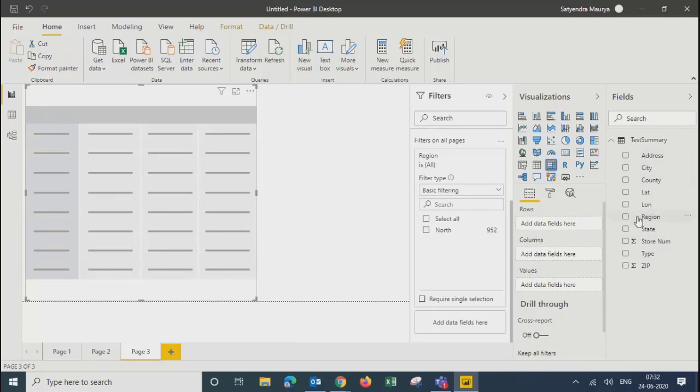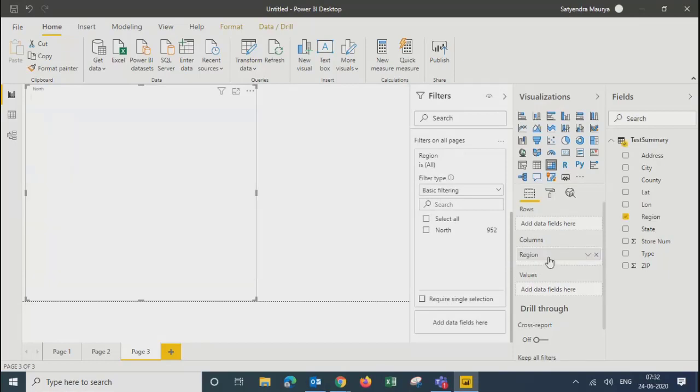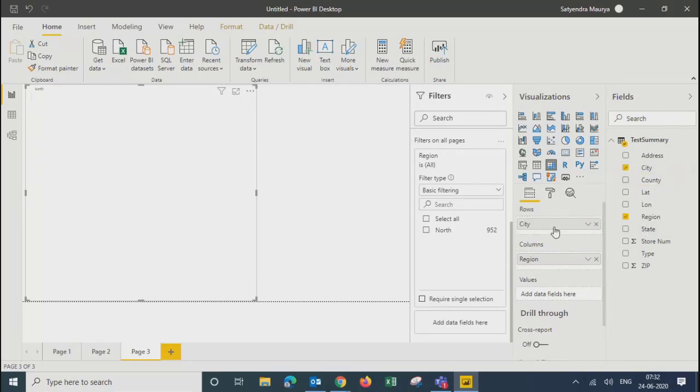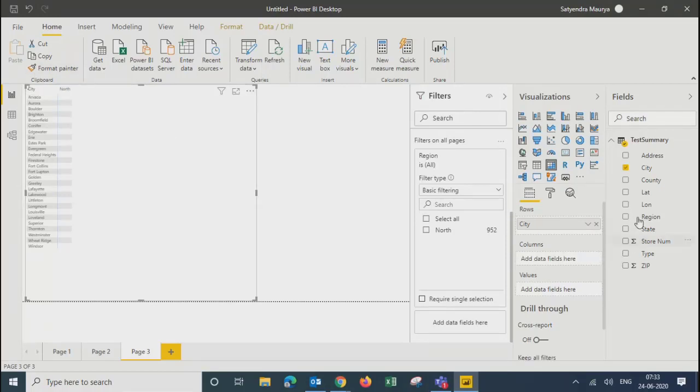So on region I will take columns, and then I'll take city on rows. State also I will take on columns. Let's see, because there is only one region at this moment, so let's take, sorry, state on columns.